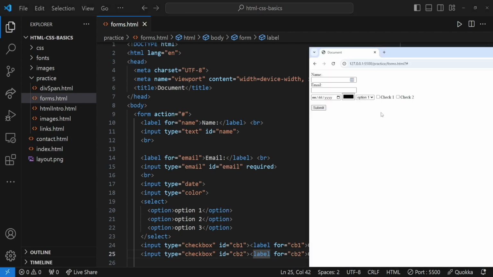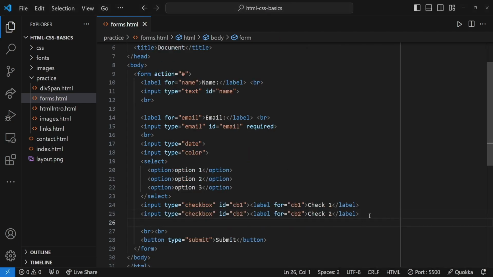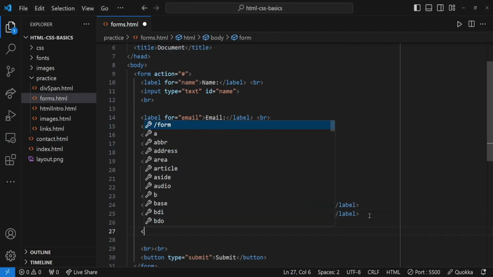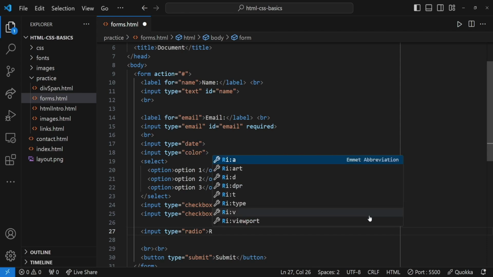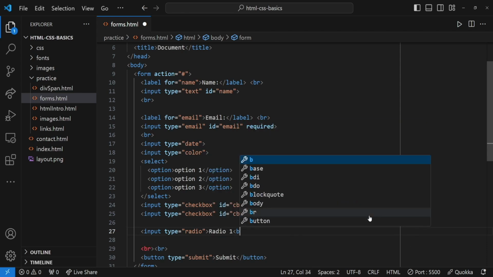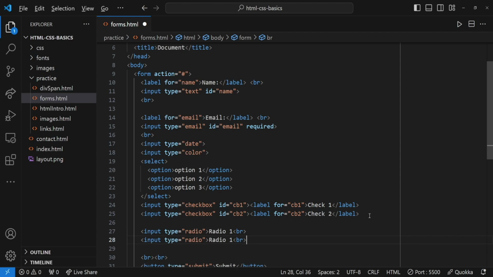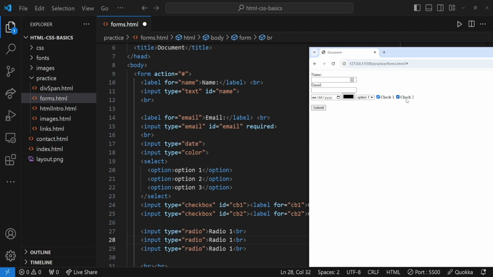Okay, but this is where labels are really cool because I can click on that and it checks the box instead of me having to go to this teeny little area and check it, right? All right, the other ones that are used a lot are radio buttons. Now checkboxes, of course, they're good if you have multiple options you want to check. They're good for like, hey, accept and sign your life away. Check this box. I agree with the terms and conditions. That's good use of those. And then you have your radio buttons